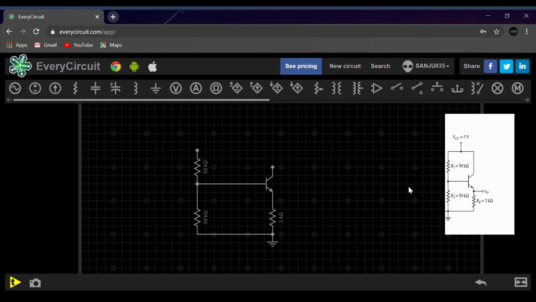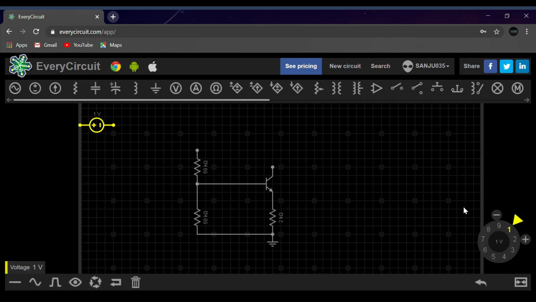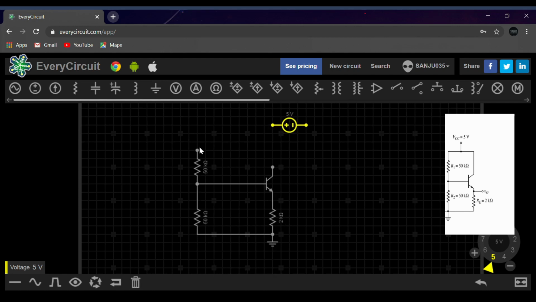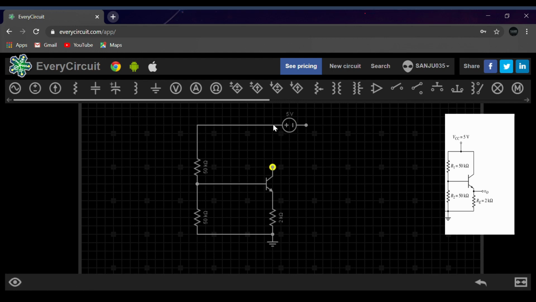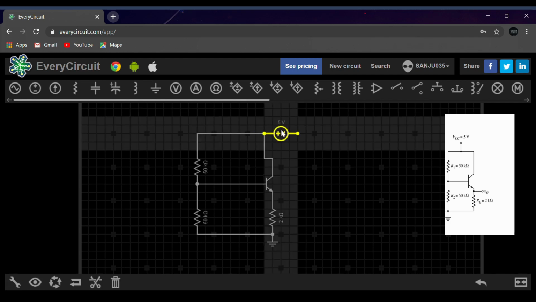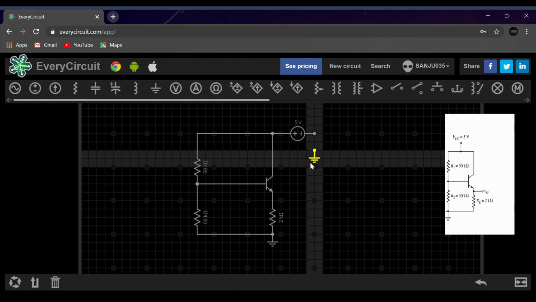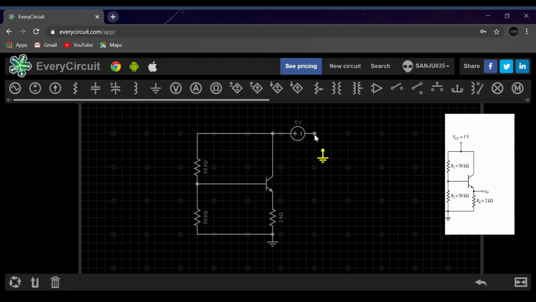Now we need a voltage source VCC. So let's go up here and click this. You can rotate it, and our VCC value is about 5 volts, and we will adjust it over here. Okay, we have our value, and we'll drag it over here, and we will connect it towards here, and that's it. We got our DC analysis circuit. Now, we must also include a ground terminal too for this negative VCC.